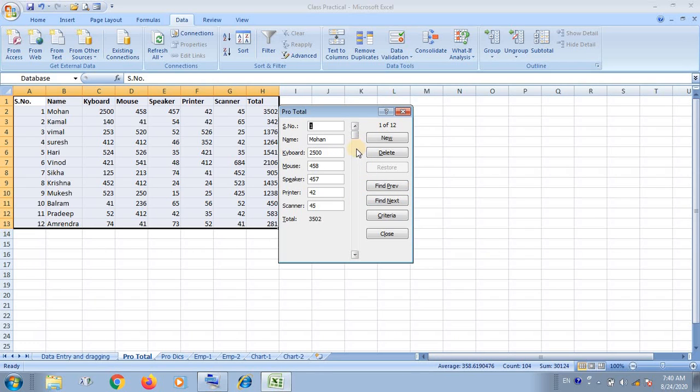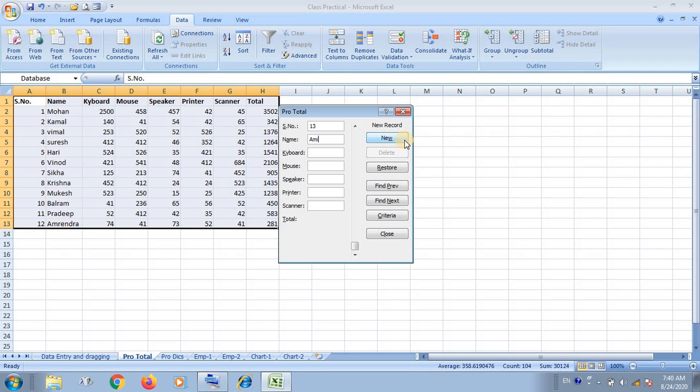Suppose I want to add one new record here. Already 12 is here, so this is serial number 13, and I have entered one product name. To enter a new record you have to click on the new button.